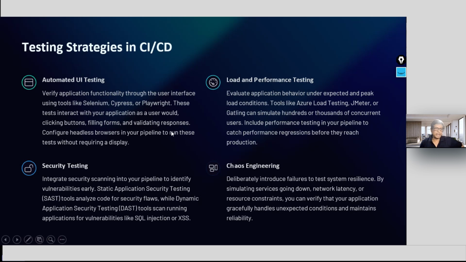Then you can also integrate your security testing within the pipeline. How? Integrate security scanning. There are scanning tools like the SAST tools, static application security testing scanners or tools to analyze the code for security flaws. So if there are security vulnerabilities, that is for static application security testing, or you can apply DAST, dynamic application security testing. When you learn cybersecurity, you will know these terms. But you can provide all those scanning tools within the pipeline, and check the vulnerabilities.